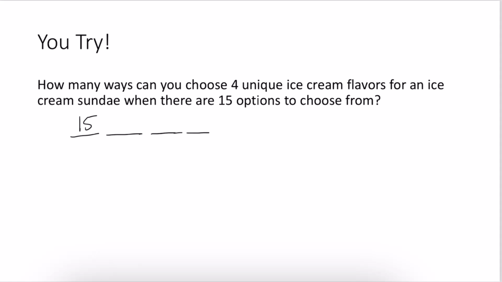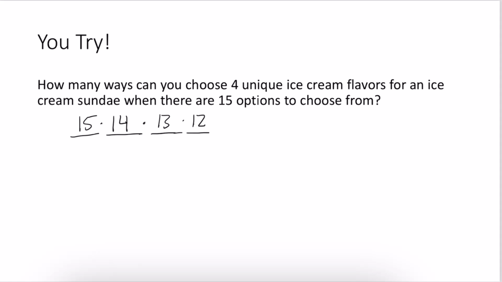But the problem said that I needed to choose 4 unique ice cream flavors. So that means that my second ice cream flavor can't be the same one as my first one. And then my third ice cream flavor can't be the same as either of my first 2 choices. And my last one can't be the same as any of my first 3 choices. So I would have 12 options. So the number of ways that I could choose these ice cream flavors is 15 times 14 times 13 times